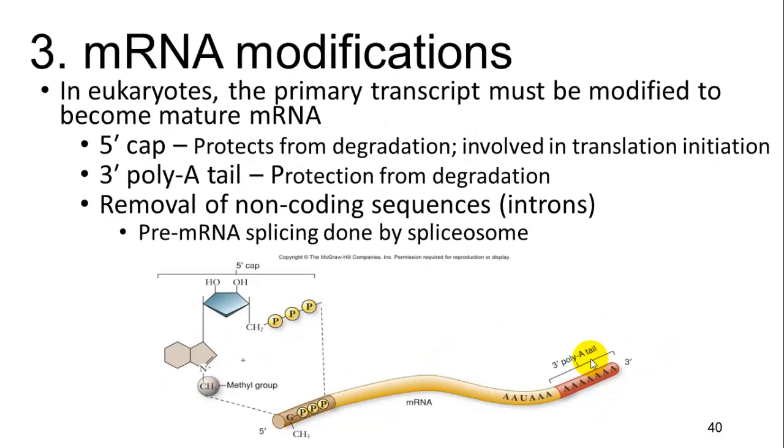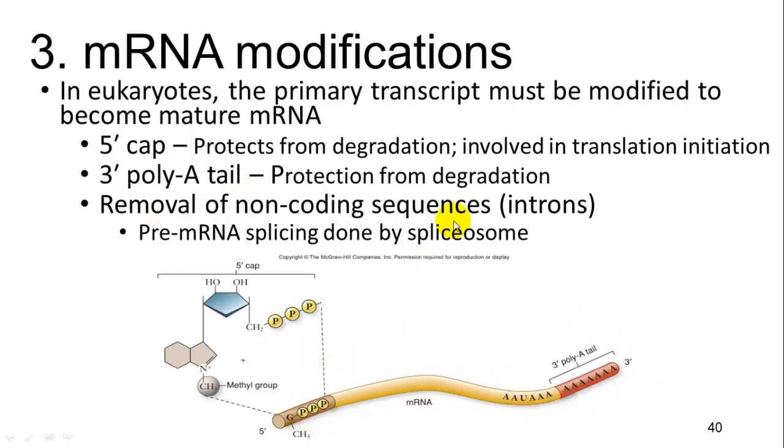Once mRNA is made, then there are some modifications that need to be done to it in order for it to be coded into a protein. So first, a cap and a tail are put on it. On the 5' end, they put on a cap. On the 3' end, you have a poly A tail, so lots of adenines. And some sequences in the middle there are taken out.